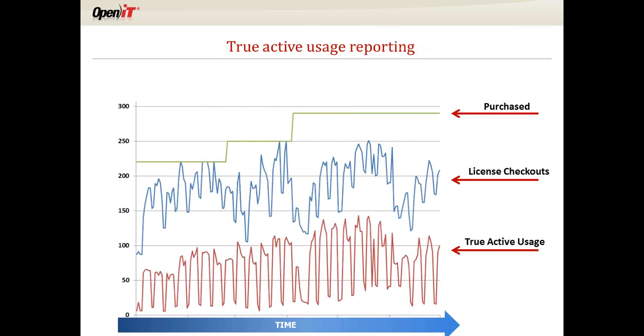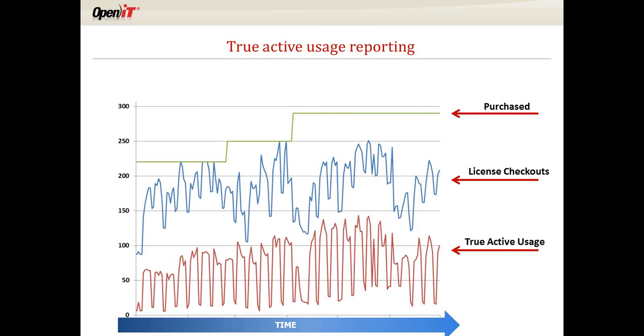This is one of my favorite slides. When I attended the ACE conference in Henderson or Las Vegas back in April, I repeatedly heard from most of the folks there that they struggle with how to get executive buy-in for asset management. Some of them were lucky enough that software asset management was their full-time job, but a lot of them had that job as well as other jobs, so they wore multiple hats, but they really wanted to get buy-in from all the different areas. So this is just a quick visual that I think kind of tells the story, if you will.